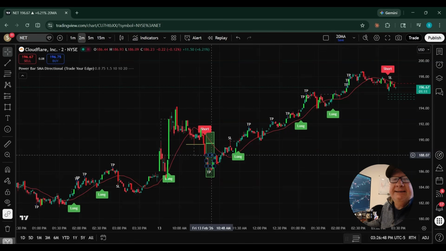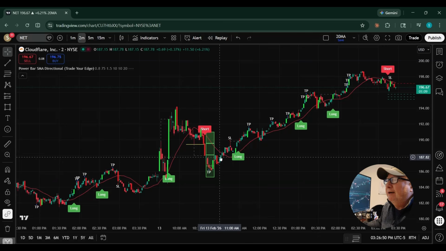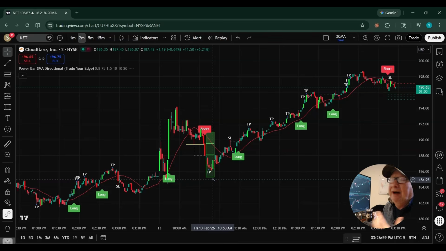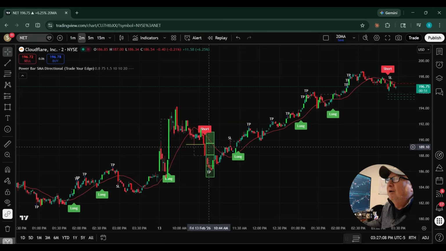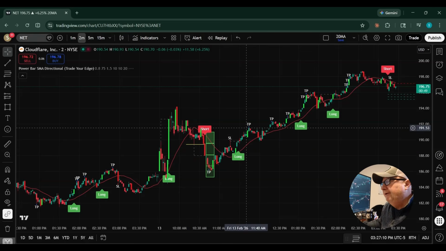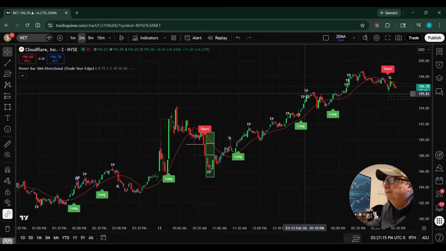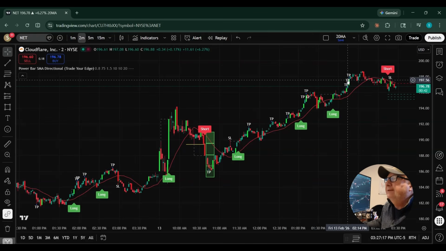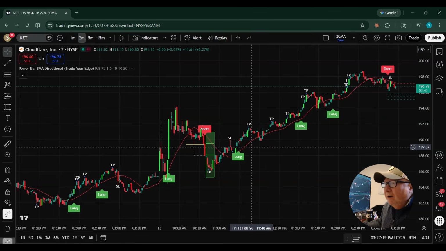This obviously should have been a profitable trade. And in a worst case scenario, on some portion of the trade, a trader would have been stopped out at even, right? Moving the stop down and following the trade using good trade management after getting the power bar entry. You can see here, you get another long, multiple take profits, another long, multiple take profits, another long, or depending